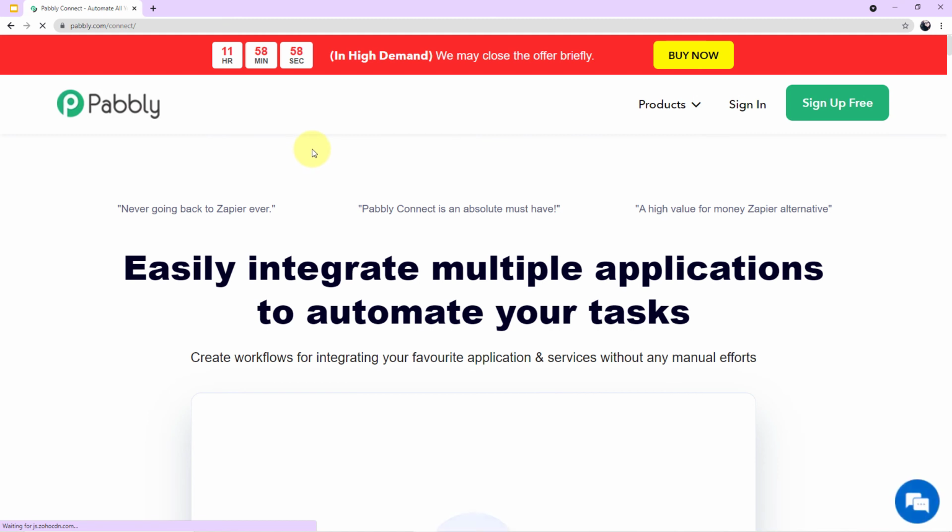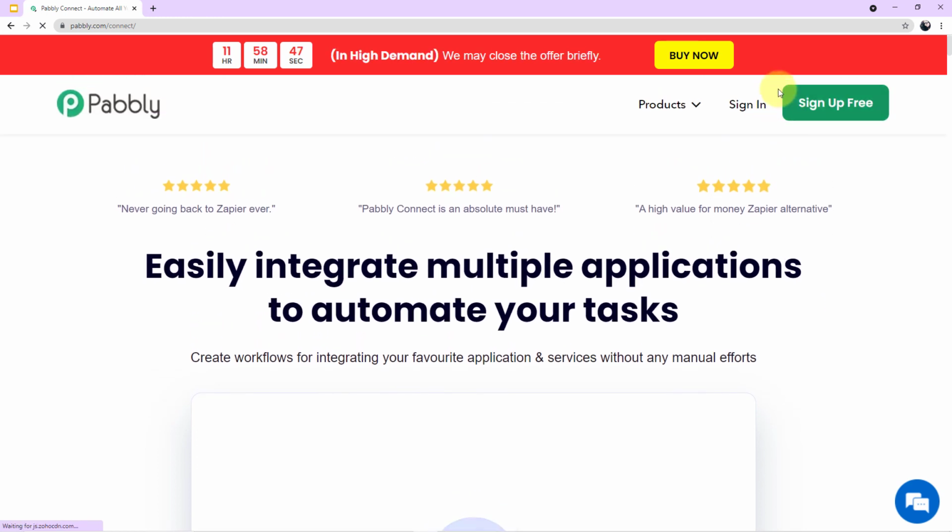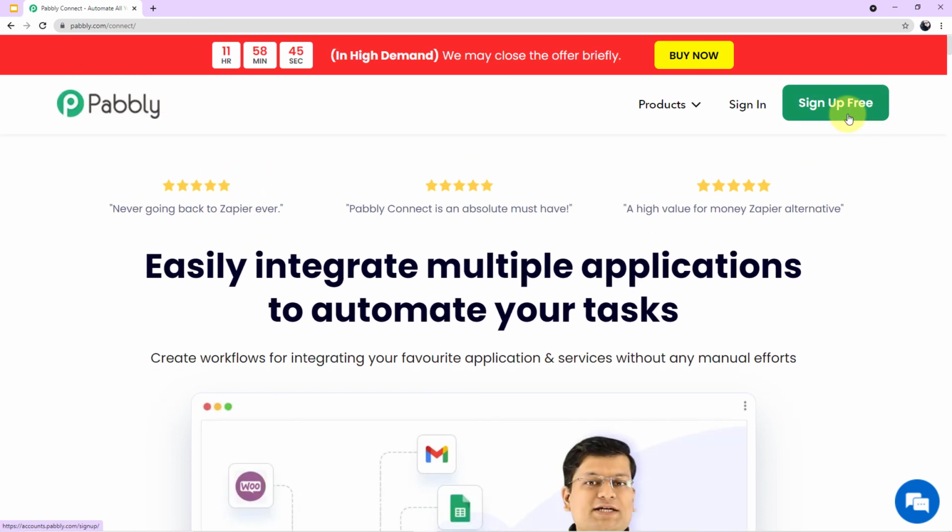Now you have landed on the Pabbly Connect website. Our offer is going on, so don't forget to go and check. For first-time users, you can see a green button at my right corner which says Sign Up for Free. Click this and you can create your free account, guys, completely free in just 2 minutes. Because I am already logged in,